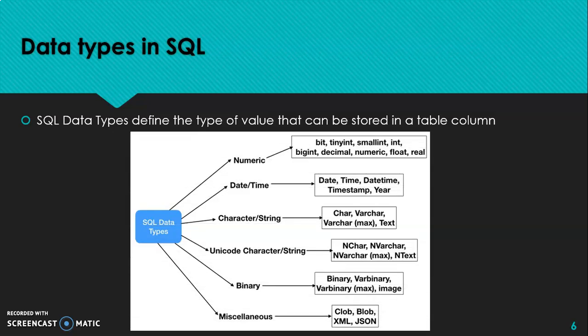Data types are defined like numeric data type, date and time data type, character data type or string data type, Unicode character data type, binary, and miscellaneous. Now we will see all the data types one by one.